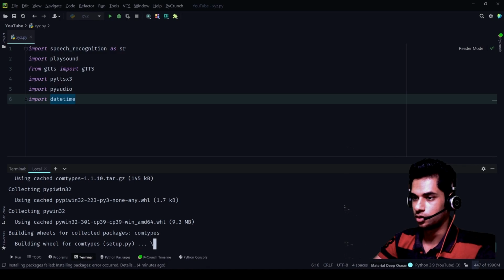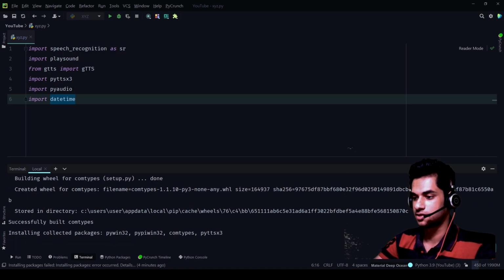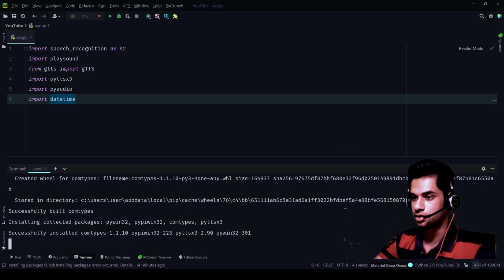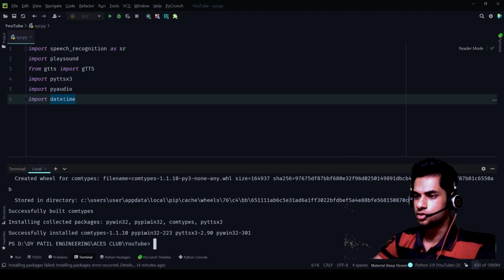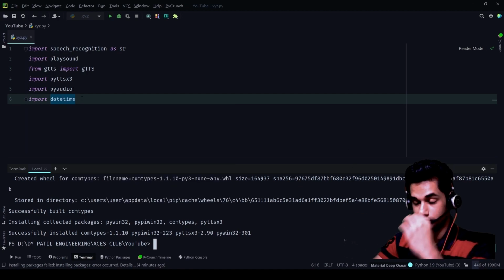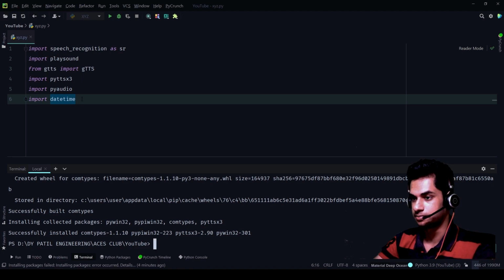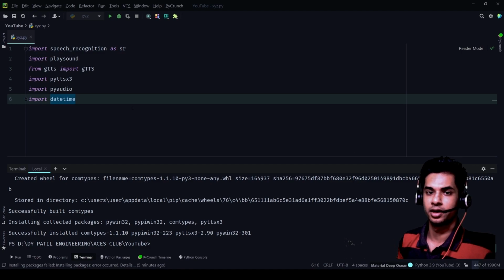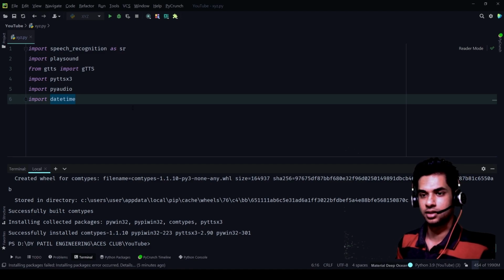Then we come to something called PyAudio. This specific library has a very complicated installation. I'll tell you how to do that, so let's skip that for now. And datetime is already installed. We don't need to install it externally, so that's fine. For PyAudio, you need to download a specific file which I already have on my local machine. I'll share that file with you all. After downloading that, we need to paste it in the configured interpreter. After pasting that, we need to come to the CMD and install it there.